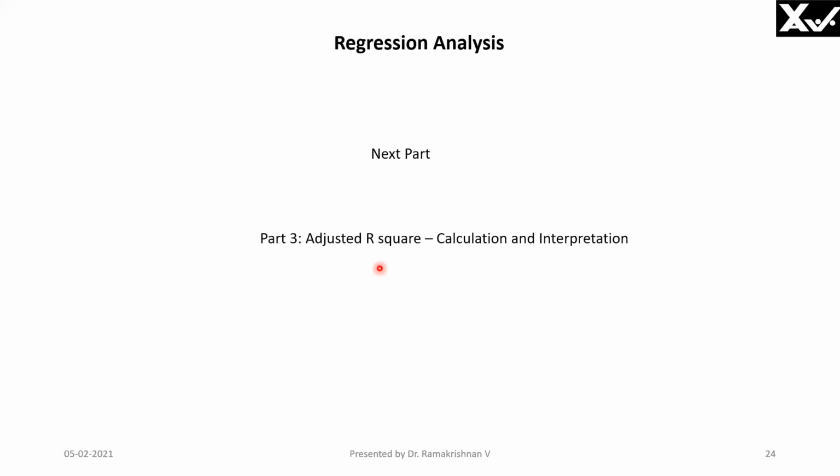Now we will stop with this adjusted R squared we have found out. In one case, we said that we are going to add another variable and then find out. In another case, it is almost close to 0.997. But still, we will add another variable and then find out what happens to adjusted R squared, the calculation and interpretation, in what way it is going to help us. Whether to include the third variable or not is what is going to be decided by adjusted R squared.